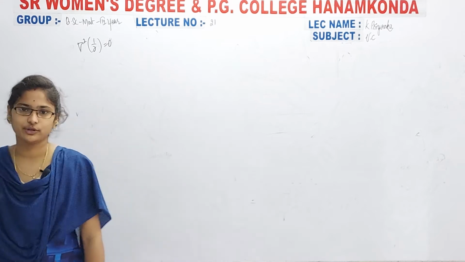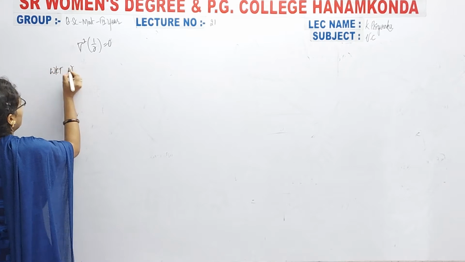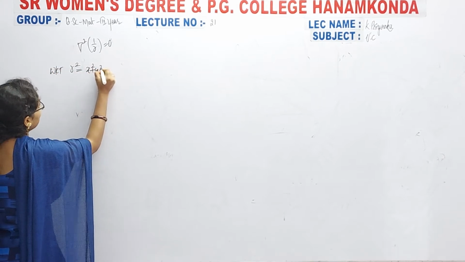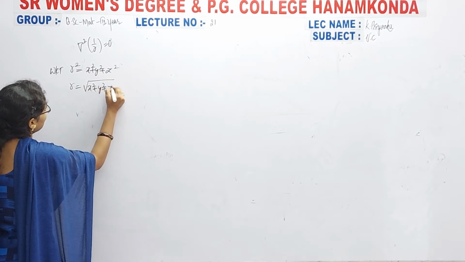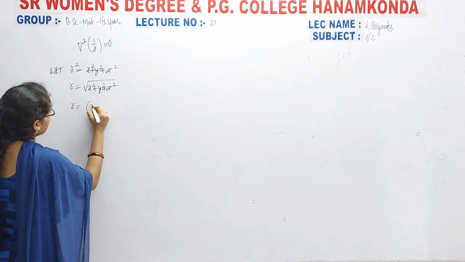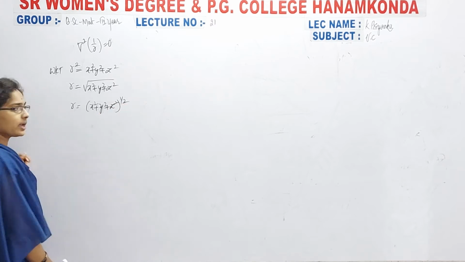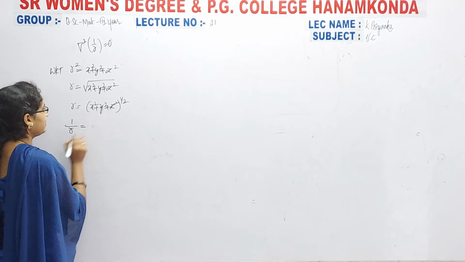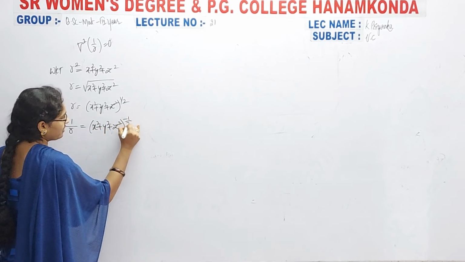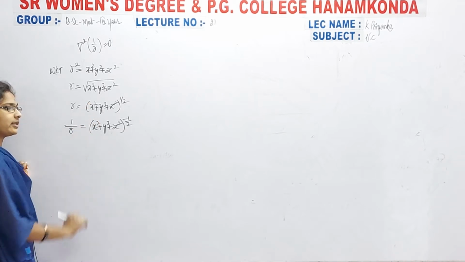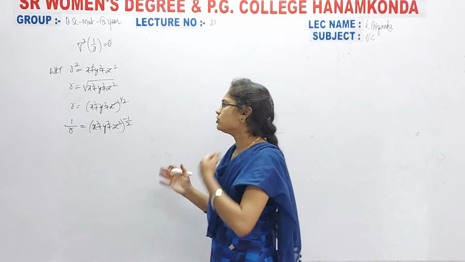For this I first have to know the value of r. We know that r square is equal to x square plus y square plus z square. Now r is equal to under root of x square plus y square plus z square, otherwise we can write it as x square plus y square plus z square whole to the power of 1 by 2. So 1 by r means x square plus y square plus z square whole to the power of minus 1 by 2. Otherwise you can take the denominator value to the numerator and you will get the same. So I have 1 by r.